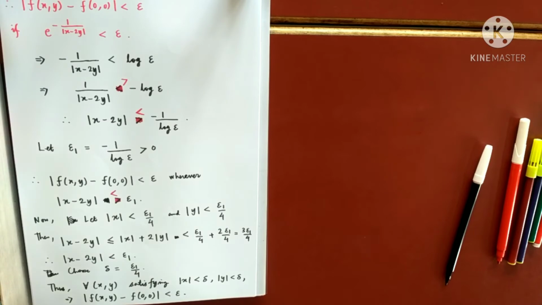What if epsilon is more than 1? How will I do, or what will I do? Any idea from your side? This I have done when epsilon is less than 1. But we cannot conclude by that. No? What if epsilon is more than 1? I have to do the whole thing. Tell me.